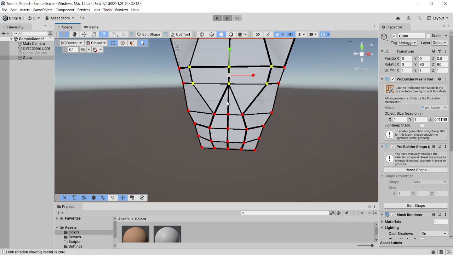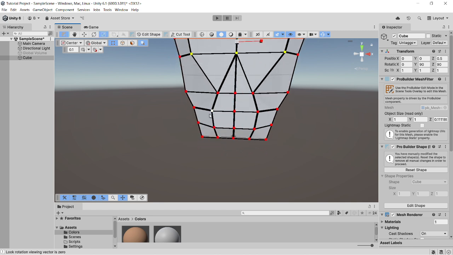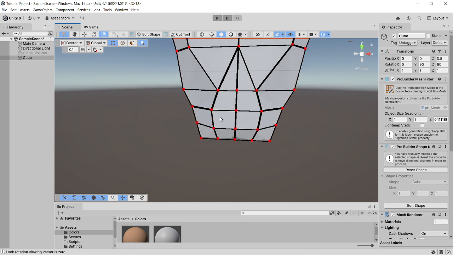So you've got the basics of the eyes, the basics of the nose, and the basics of the mouth. So what we'll do, we'll highlight these, and we'll just bring these down. Actually, no, what we want to do first, we want to go to the edge selection, because we want to then do an Alt E there. Go back to the vertices,